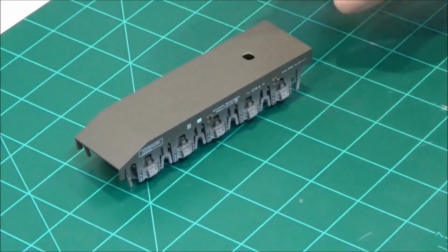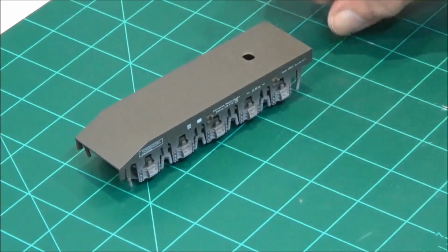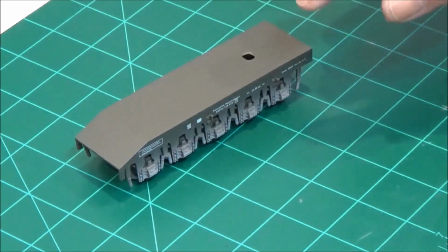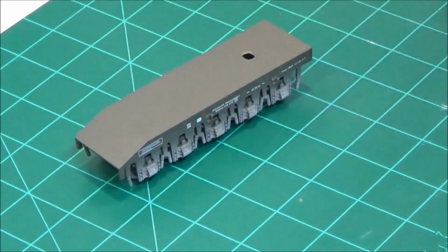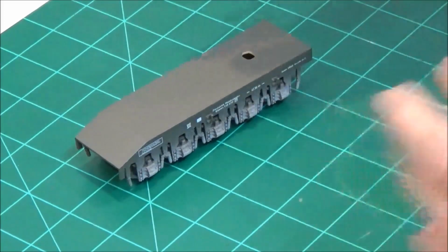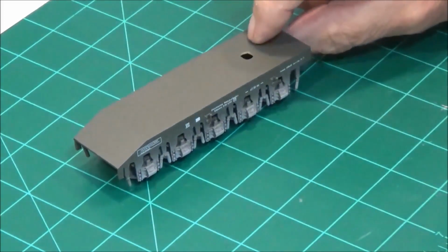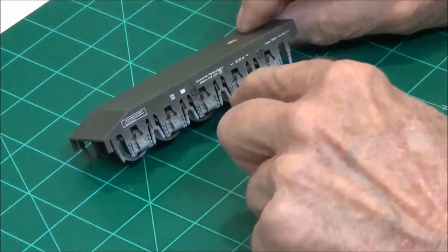Alright, here we are back for another episode of the Dora. I've been doing a little weathering on these rail cars. Alright, I got 8 of them to do, plus the little small bridges. I did them too, and the larger bridges. So I got my little weathering done around the bottom. Like I said, I wanted to kind of dust a little bit of